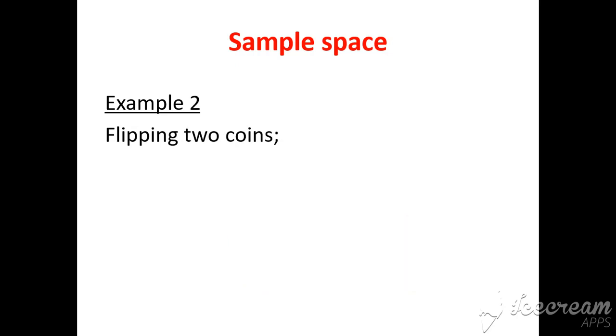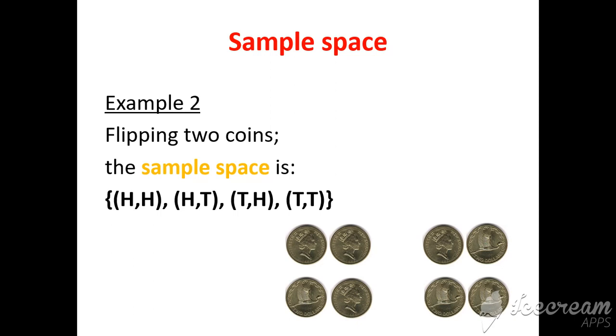Right, what about example two? When we flip two coins, what's the sample space going to be here? Well, here's all the possibilities that could happen. We could get two heads, and we often abbreviate it HH. We could get a head and a tail. We often abbreviate it HT. We could get a tail and a head. That's different to the